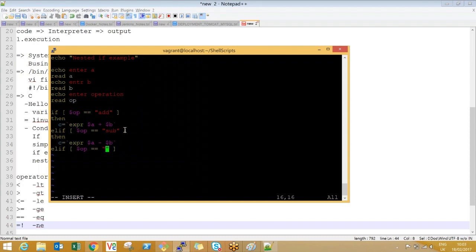Okay, multiplication, then okay, so you can write nested if n number of times. Star, why a slash before the star? Because it's a special character, so you need an escape character in front of it. Now I'm done with all my conditions. When you're done with all, you type else. If it's not matching any of add, subtraction, multiplication, say wrong operation,